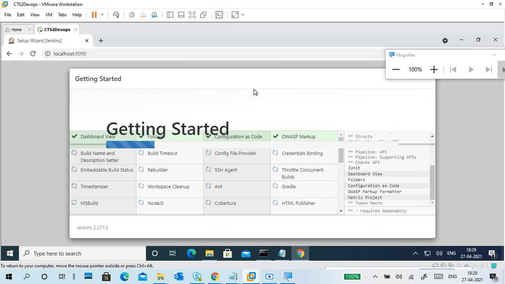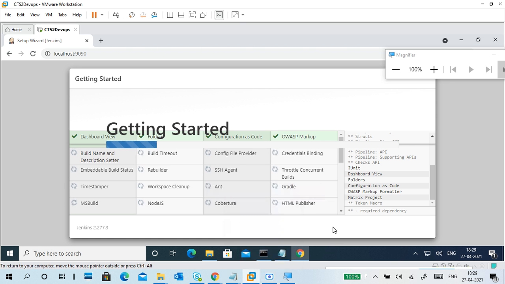Once it is completed, I'll create a user, log in, and stop the recording. I'll post it so you can view it. Better to complete it by 11 o'clock to 12 o'clock. You can install it before, or tomorrow if you wish. Okay, I will post that video: download and installation of Jenkins. You can leave, no problem, guys. No need to wait. It takes a lot of time. If you are recording parallelly, then it's your wish.